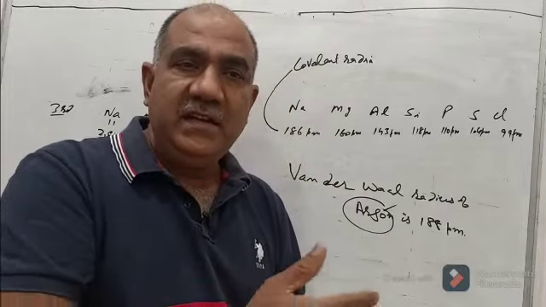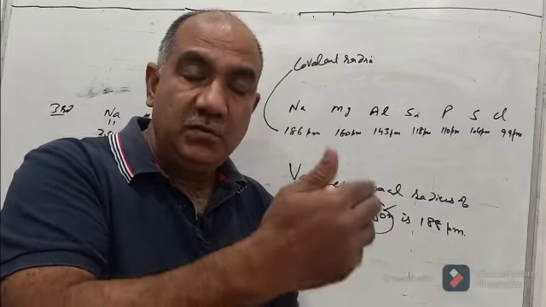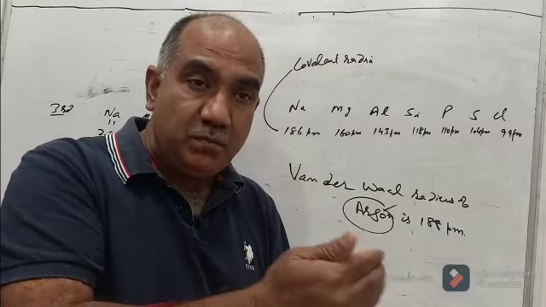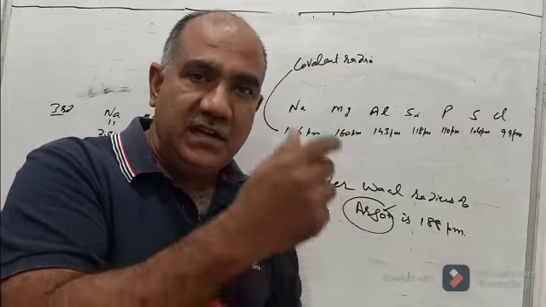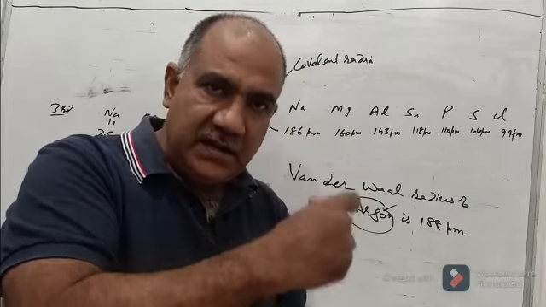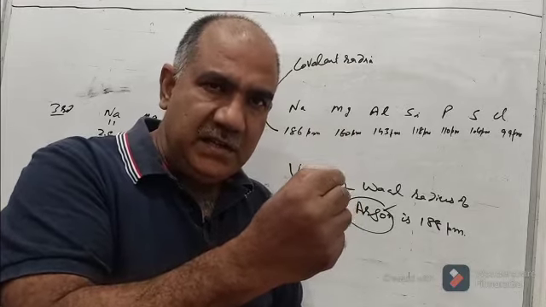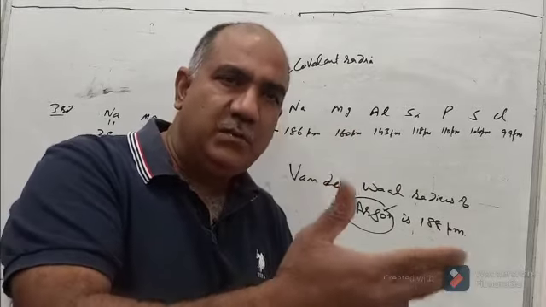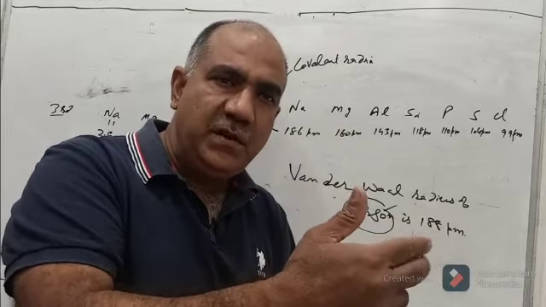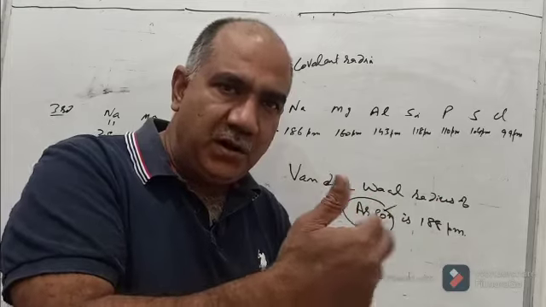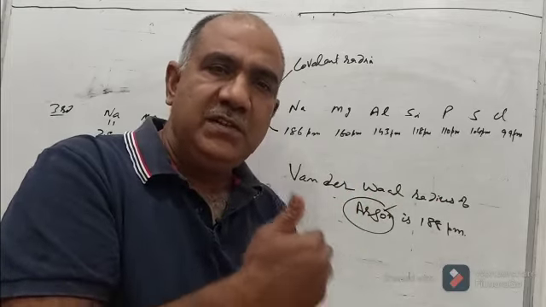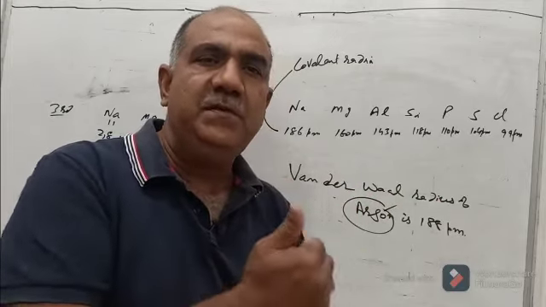Because of that, the outermost orbit will keep on moving towards the nucleus, and the radius of the atom is the distance between the center of the nucleus to the outermost orbit. Since the outermost orbit is being drawn closer and closer to the nucleus, the size of the atom keeps on decreasing